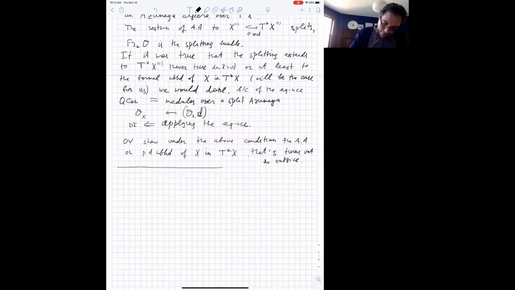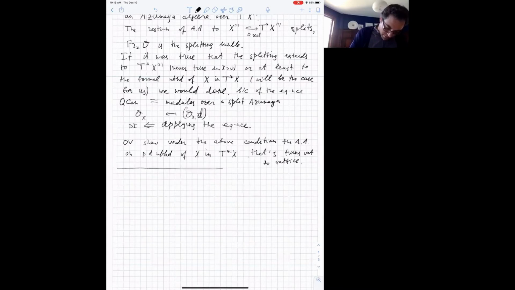To summarize, everything here was based on this Hodge cohomology of X, maybe just unraveling a little bit this quite elementary thing that I mentioned